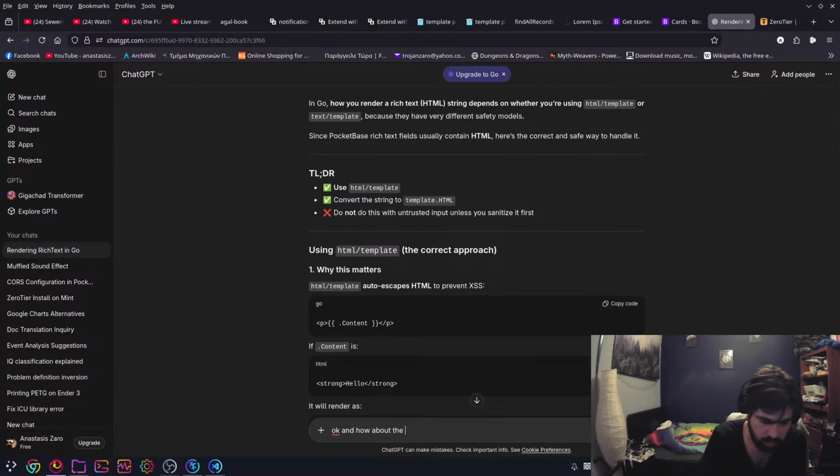How about the code for PocketBase? PB.js. Will do that.